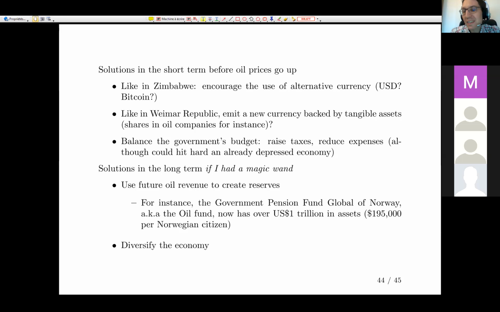Yeah, one thing they would have had to do in the past, it's a bit late, but compare that with another country that became extremely rich with oil, Norway. So the price of oil crashed. Is Norway now extremely poor? No, Norway is still one of the richest countries in the world. How did they do that?